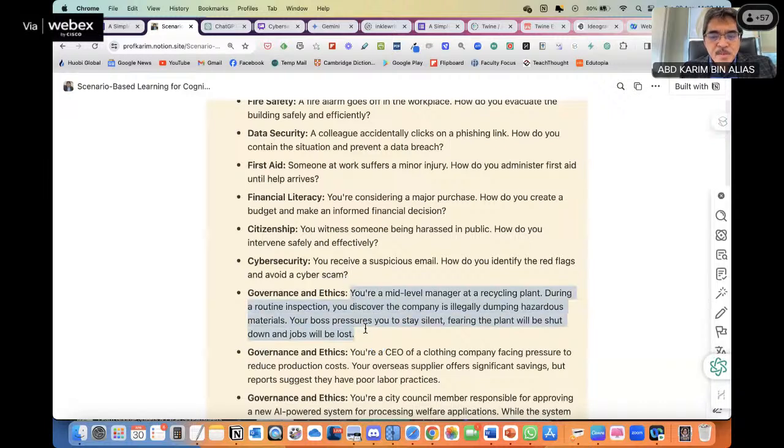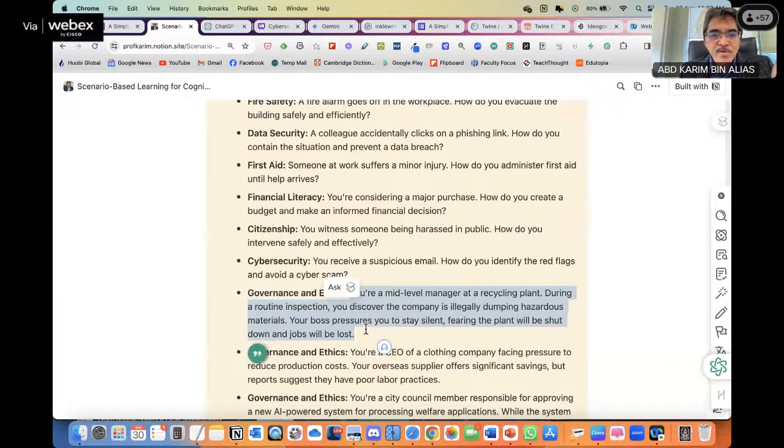If you don't have the scenario, but you have the topic or the theme, you can use another prompt from just now. Ask ChatGPT to create a scenario based on this theme, governance and ethics, and then it will give you some options. But in this case, I've got the scenario already.